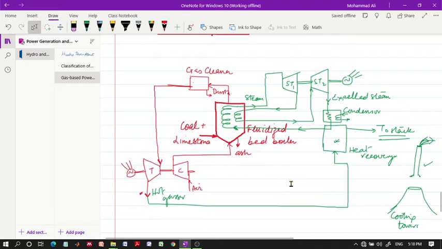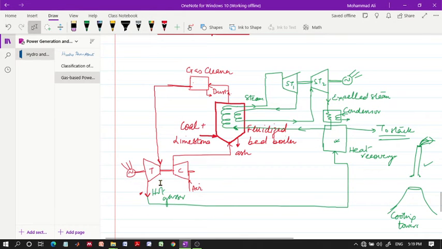Okay, so this structure is basically known as the pressurized fluidized bed combustion system. Okay, we are having a fluidized bed boiler over here, and this is being utilized for steam generation in this portion and gas based turbine system in this system. Now here we are not using a combustion chamber as in the gas based turbine power plant.